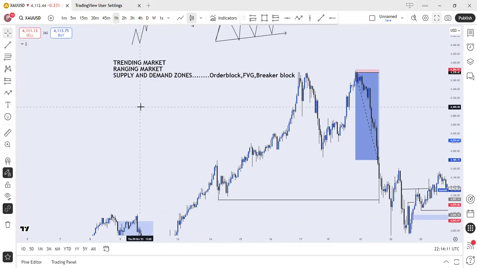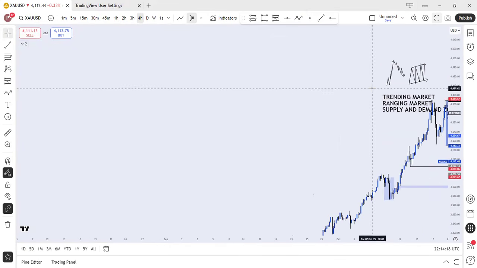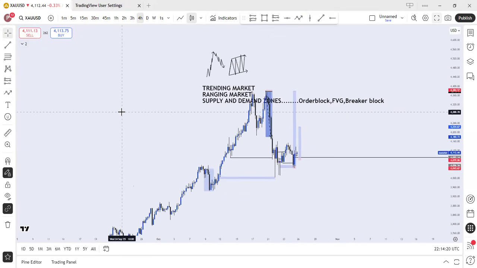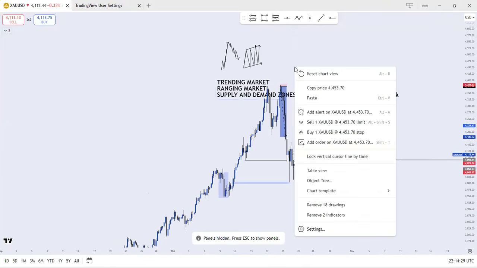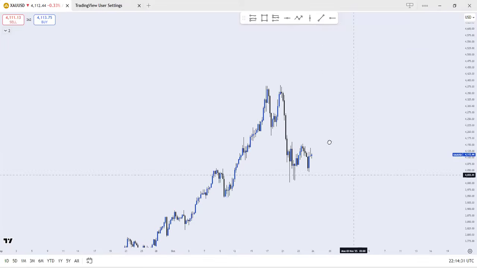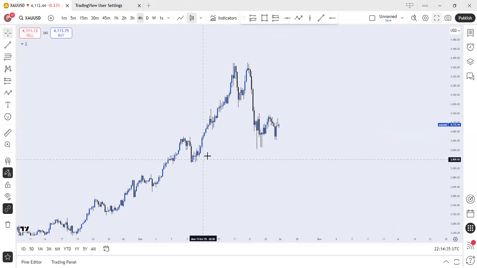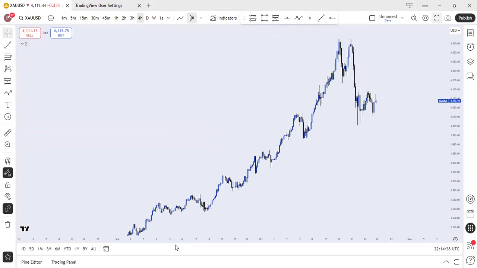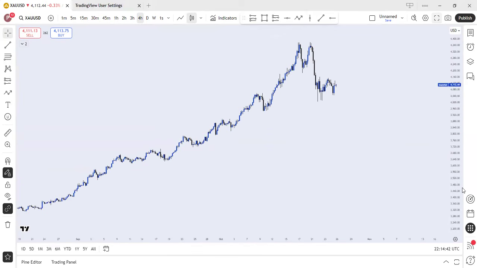Looking at the trending markets, for example, I'll give you scenarios using XAU USD, using the current trend, or what is actually going on currently on XAU USD. So I'll delete all this noise, and then show you what's actually going on. So looking at the 4 hour time frame here,